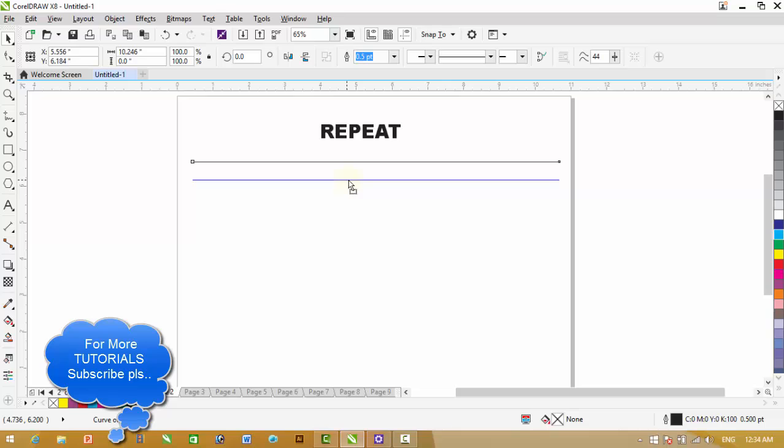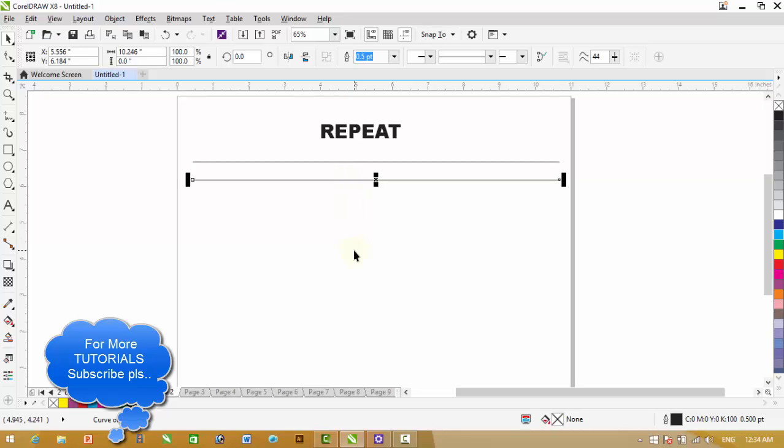Now press the Control key and drag your mouse. Now on which point you want to duplicate this object, press the right key of the mouse also. You can see that the plus sign has appeared, and now release the three buttons at once.